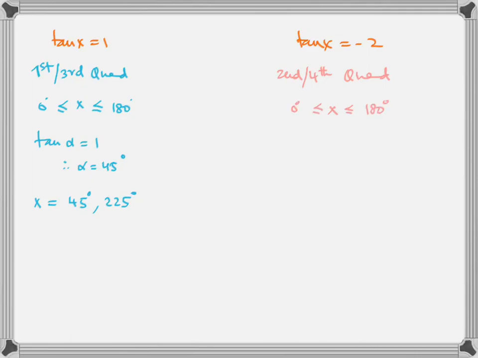For tan x equals minus 2, it's second and fourth quadrant. Basic angle will always be calculated using a positive ratio. I hope you remember it. Why? Because basic angle is the acute angle with the x-axis. Work in 2 decimal places. Final answer in 1 dp. Second quadrant, theta is 180 minus alpha. Fourth quadrant, theta is 360 minus alpha. And that's how you get this answer.